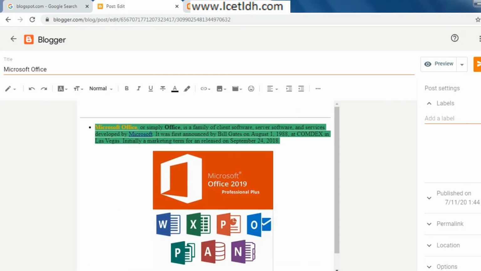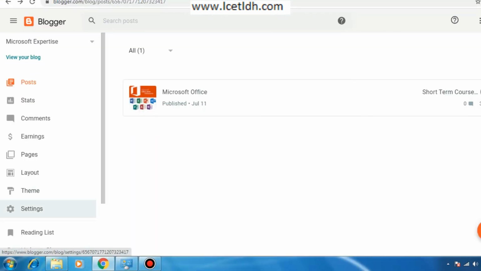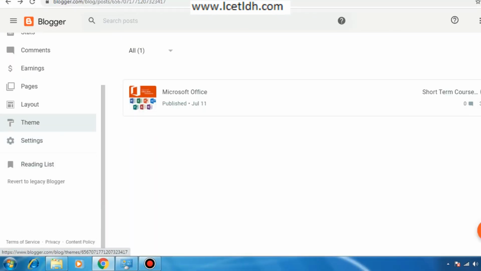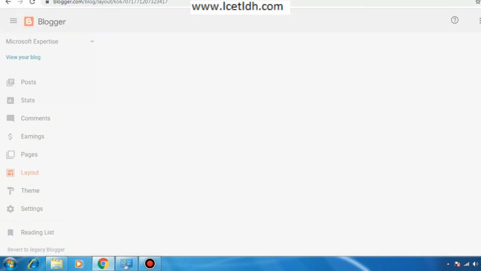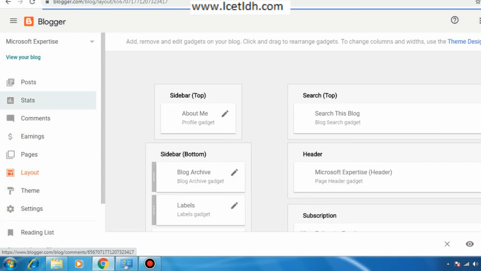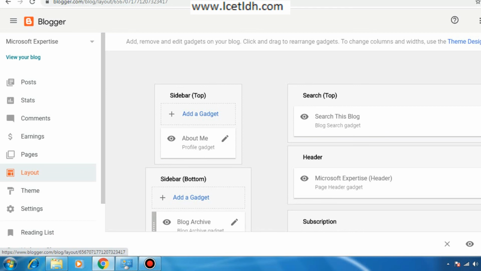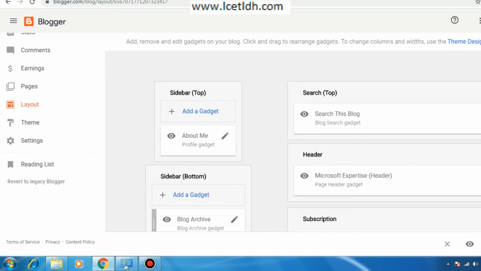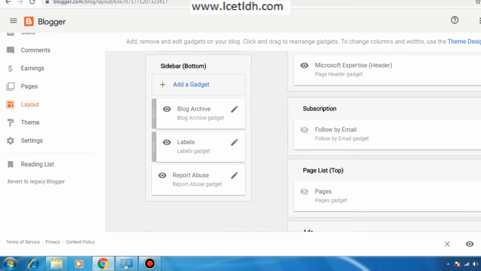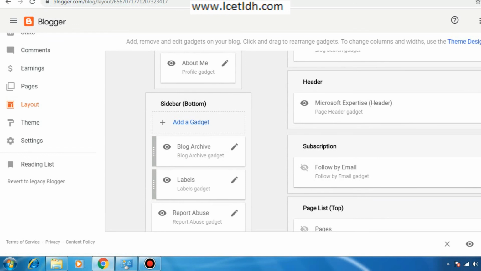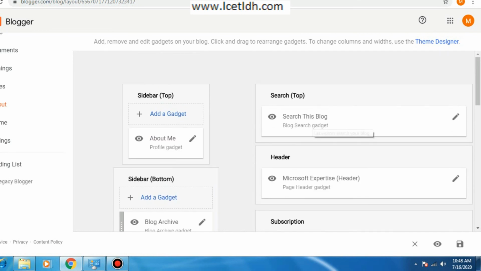After that, let's move to the next option. There are some more options named pages and themes. Let's say I want to change the layout of my blog. So how can I do that? I'll simply click on the layout, and out of these I can choose any layout as per my requirement. Let's say I want this particular layout, or I want to change these options.